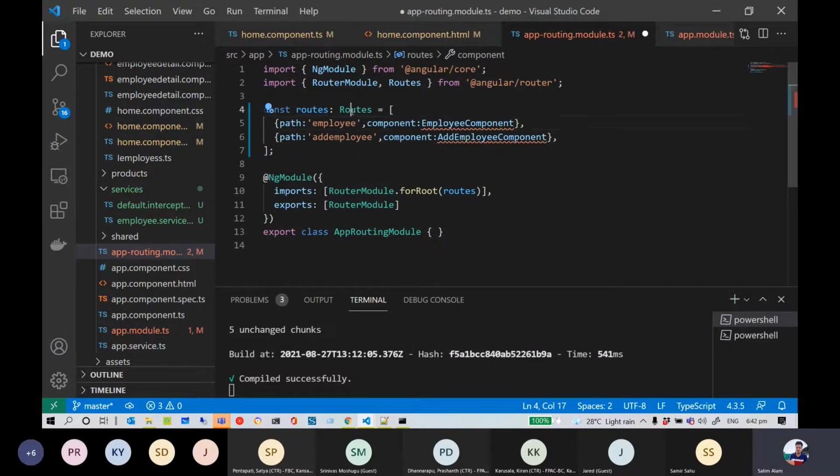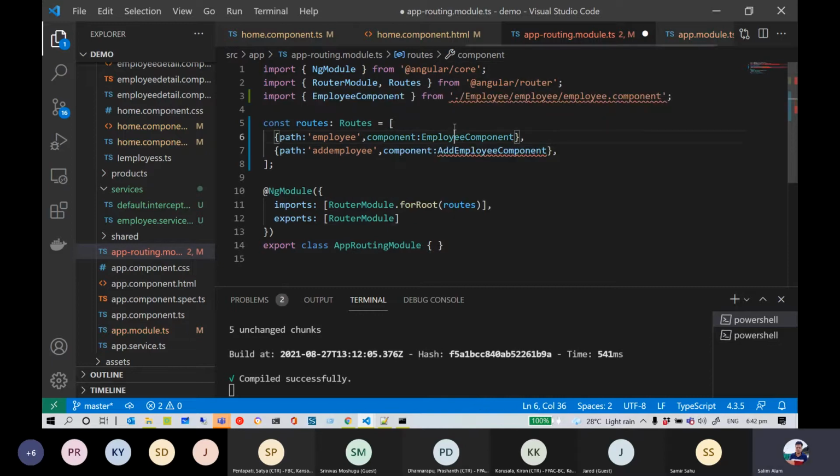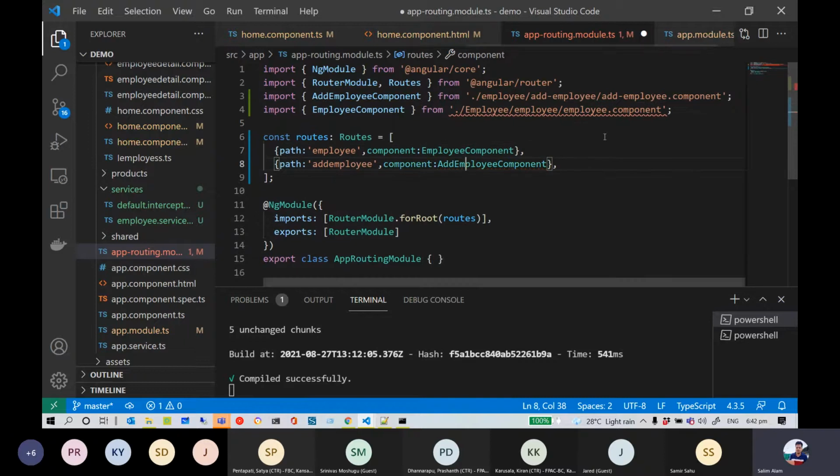So what we did essentially is inside our route array, we are passing a set of objects here. So what it expects is the path. Path is the name that we want our URL to be appended with, and the component that we want it to render. So if I go ahead and import employee component and add employee component,